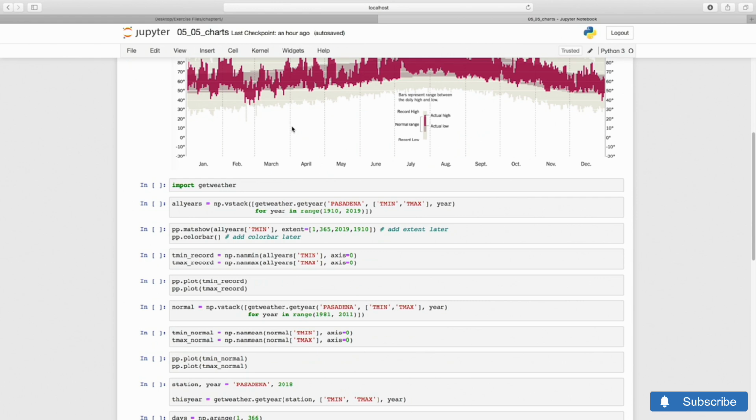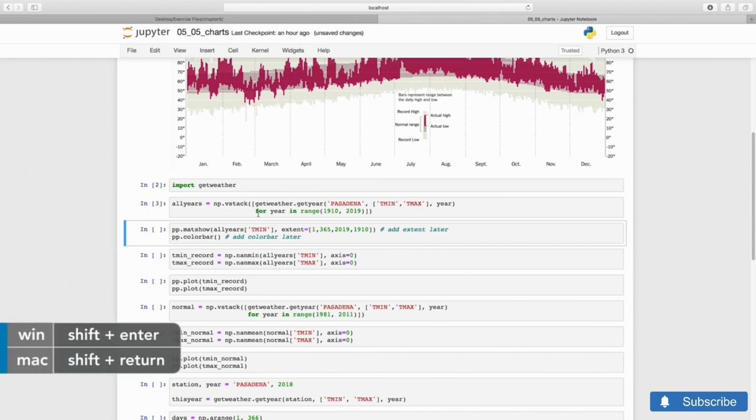The getWeather module lets us query for 1 year of data at a time. So we'll call it repeatedly, collecting the results in a comprehension, and feeding that to NumPy vstack, which makes a 2-dimensional array from a list of 1-dimensional arrays. The result can be visualized with matshow.